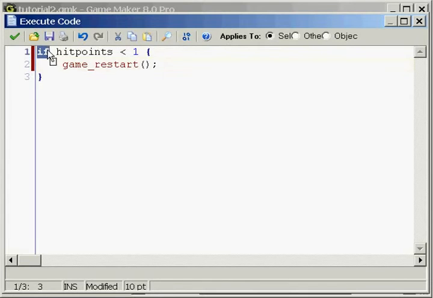So, what we have here is if hit points are less than 1, then do what's in these brackets, in this case game_restart. And this little greater than, less than sign, if you remember, is called an operator. So, if statements are very cool. I mean, you can do so much with them. That's where a lot of your game is going to be, you're going to be dealing with